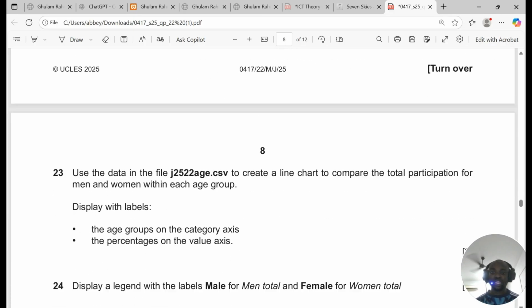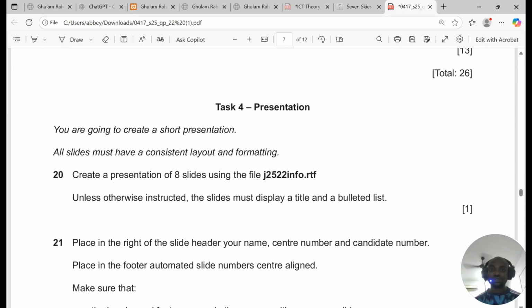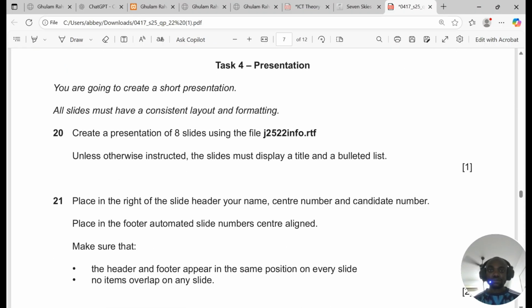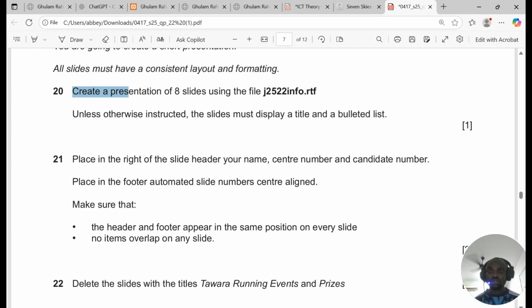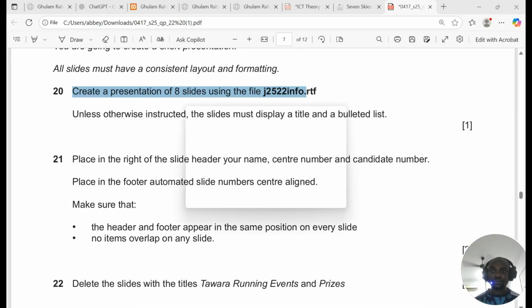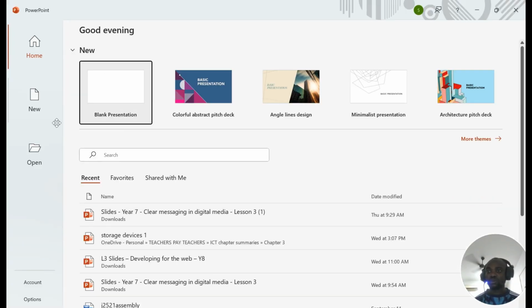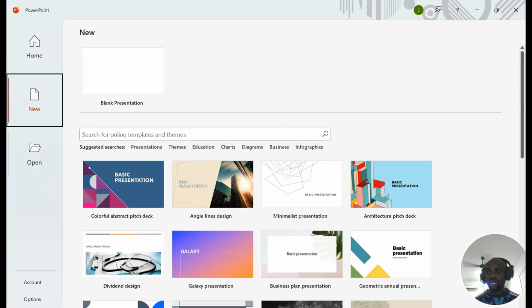So I think the next one is the presentation, which is quite simple as well. Let's quickly complete this. You are going to create a short presentation. All slides must have a consistent layout and formatting. Now, create a presentation of a slide using this file. So what we do here is we open PowerPoint. Okay, we can just right click and open the file from our database, click on new, click on open,